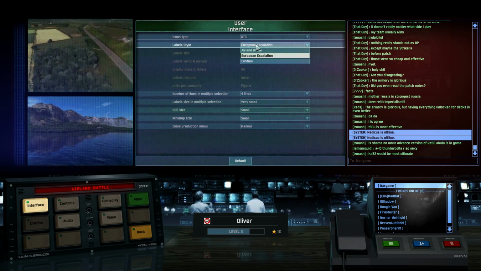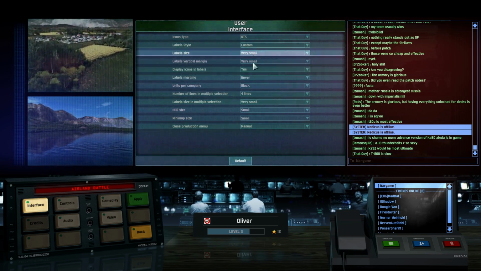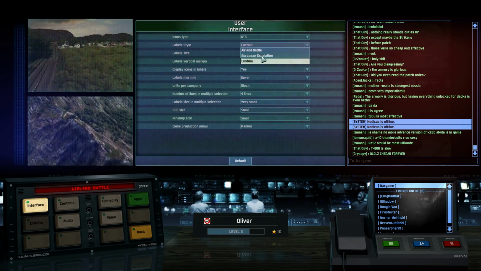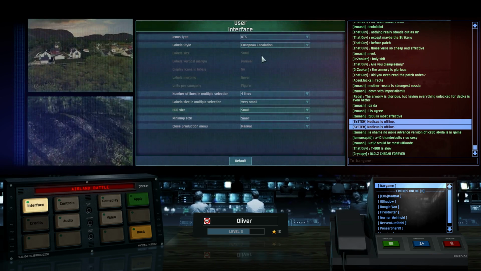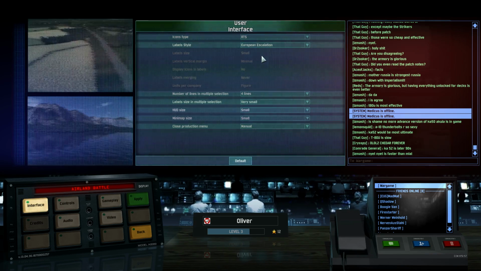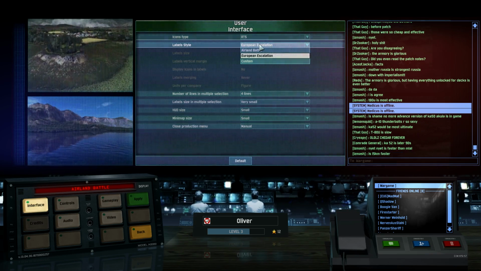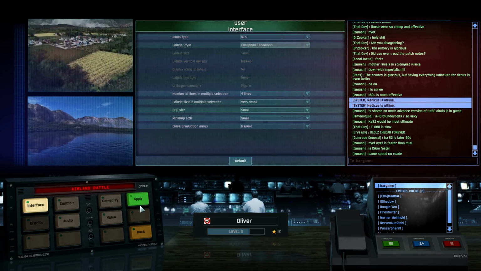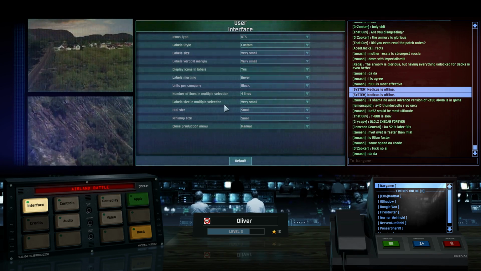If you are a bit more advanced in the game, you can set this to custom and adapt the user interface all by your own. But for the first, I suggest going to European escalation, which is a lot more clearer style, and you will understand your units a lot better if you're in European escalation user interface style. The AirLand Battle user interface style is a bit harder to understand. Let's say it like that. Click apply after you've done your changes. I won't do that now because it will mess up